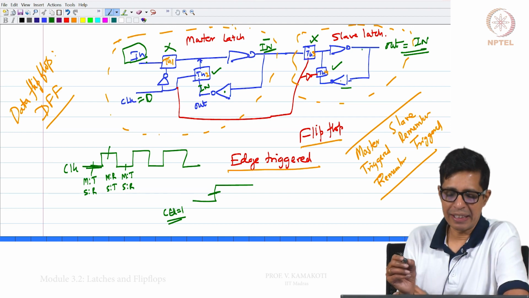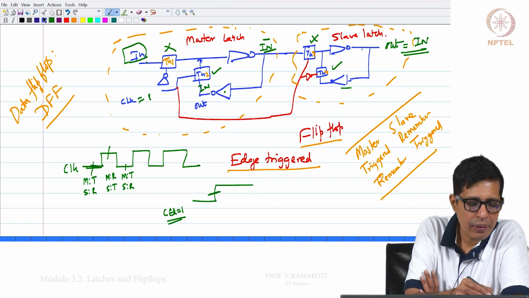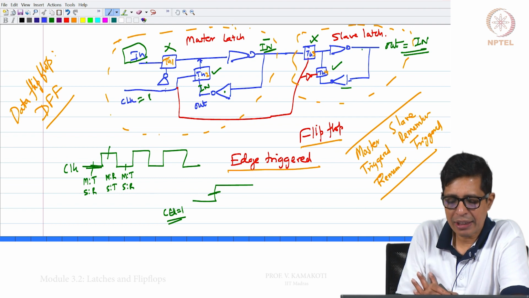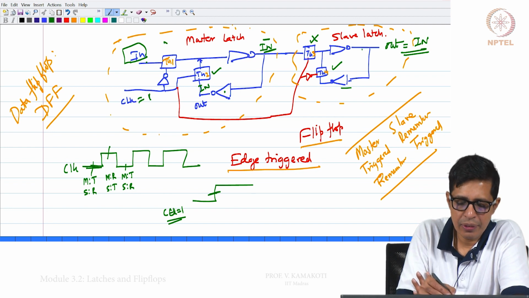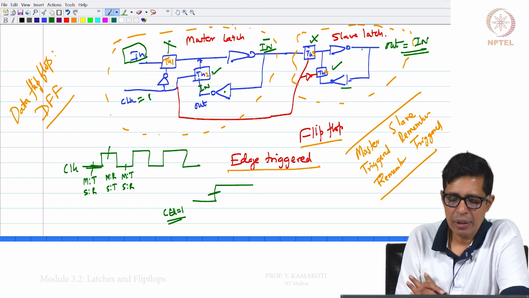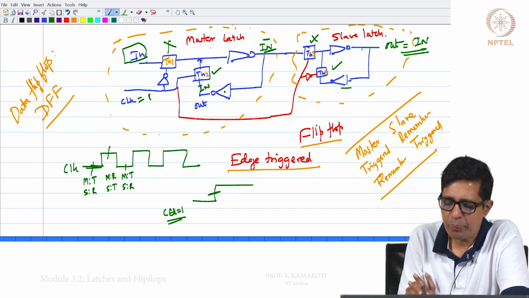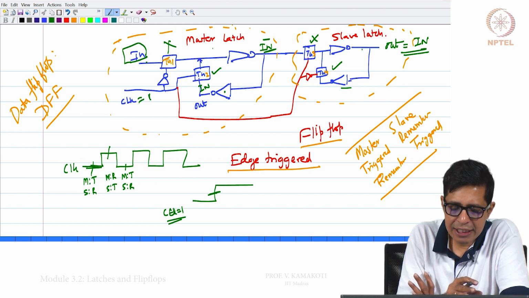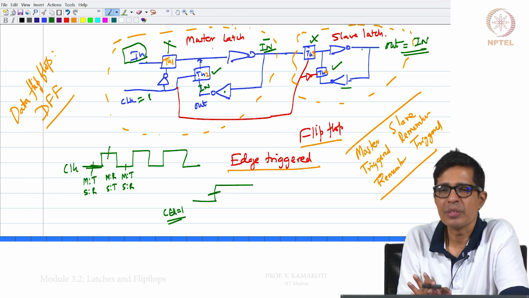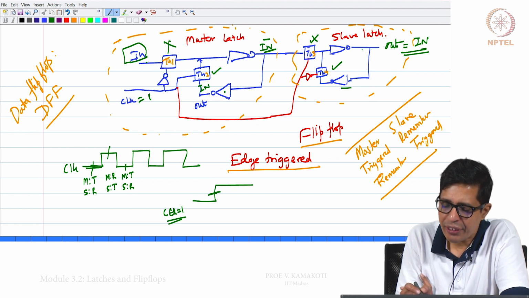The most important thing is when the clock actually becomes 1, note that this is cut off and this is on. When the clock is becoming 1, whatever is happening on the input will not come inside, right. So this master latch is basically not transmitting whatever is happening on the input. So, whatever just happened before clock becoming 1, that is what is here.